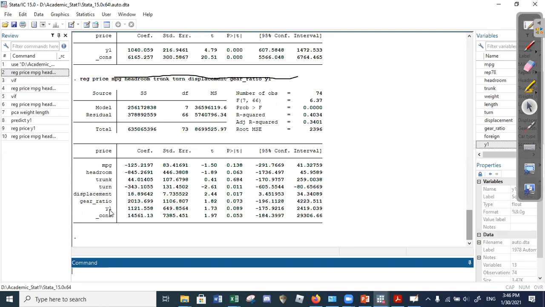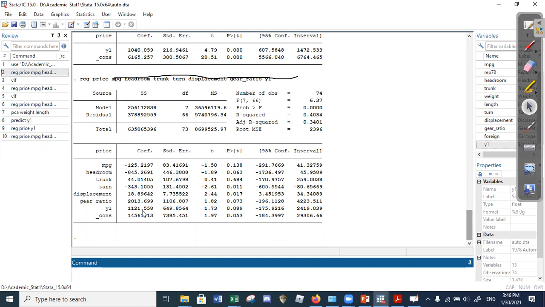The only disadvantage is that this new variable y1, which is replacing, for example, weight and length, sometimes there would be interpretation issues. यानी weight तो एक original variable है ना, जिसको आप easily explain कर सकते हैं. Length is the original variable, but sometimes it will be difficult to give a proper name to this newly created variable. तो अगर आप इसको proper name नहीं दे सकते तो इसके results को interpret करना, like for example if you say